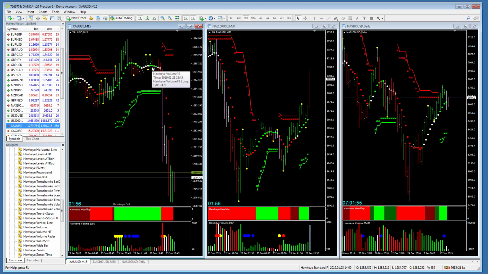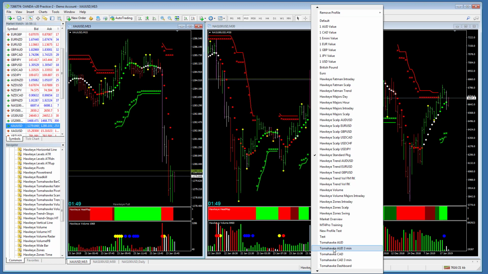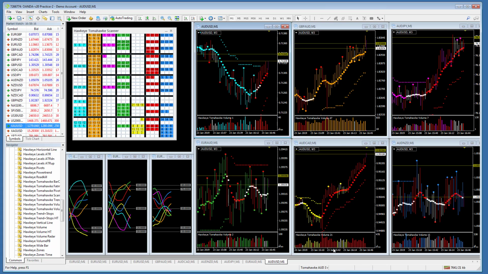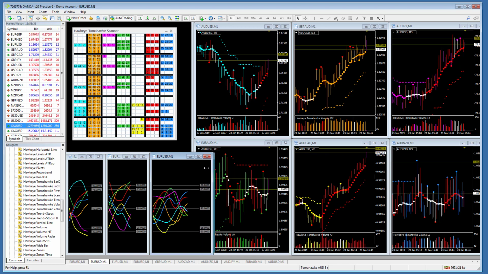How do I get non-standard time frames? I get the non-standard time frames with the Tomahawk software. The Tomahawk software allows me to pull in those same time frames, but it recalculates and displays those based upon that. So a 3-minute, these are all 3-minute charts, but they're displayed on a 1 minute. So we take a 1-minute chart and we calculate and then redisplay the data as a 3-minute time frame, just like we can here. So this chart right here, this is a 1 minute,